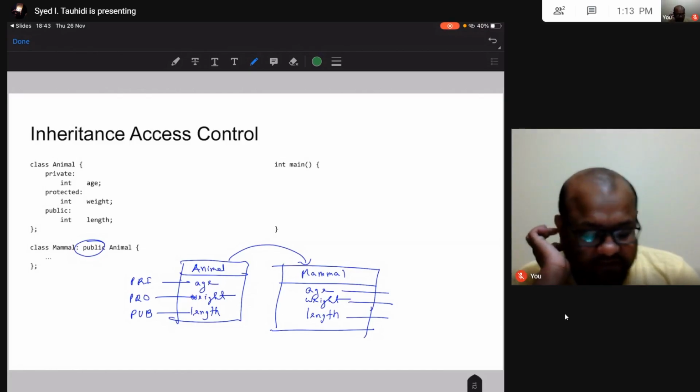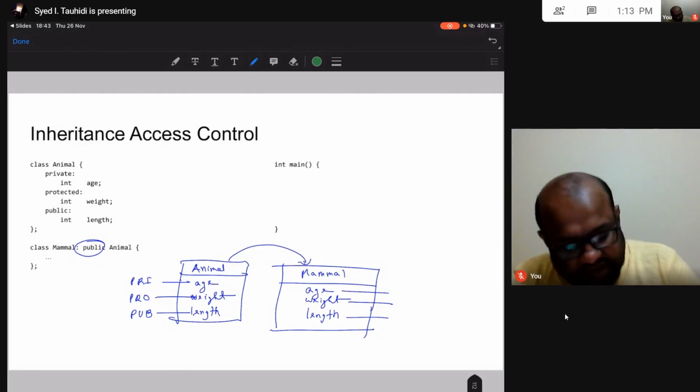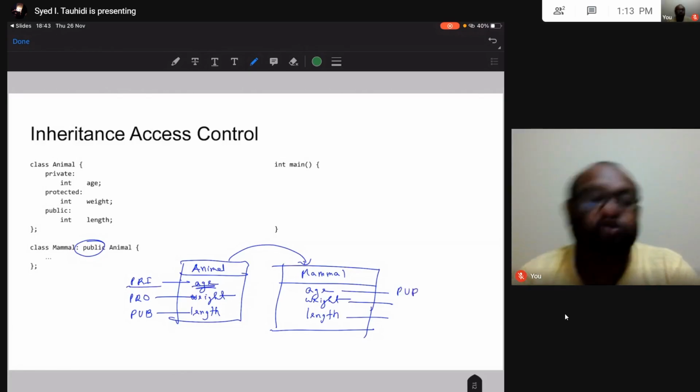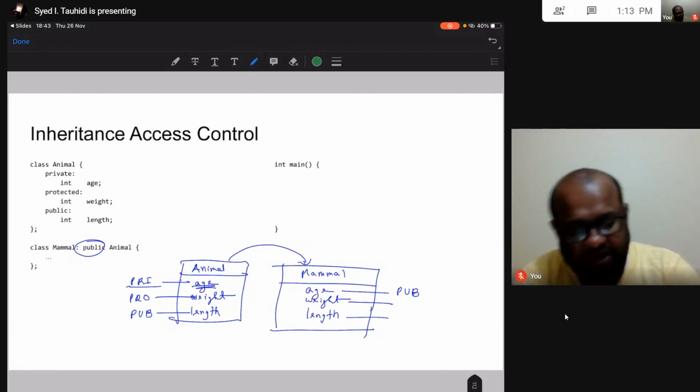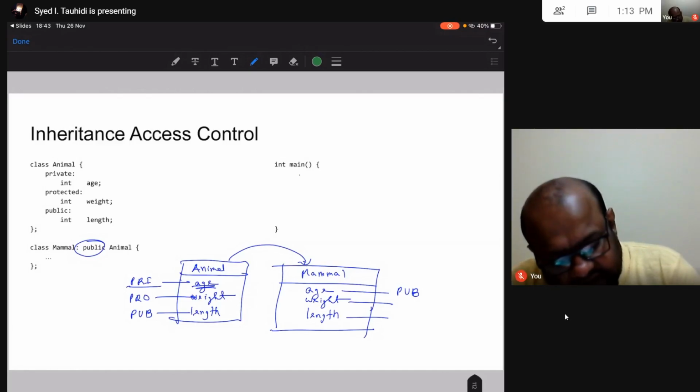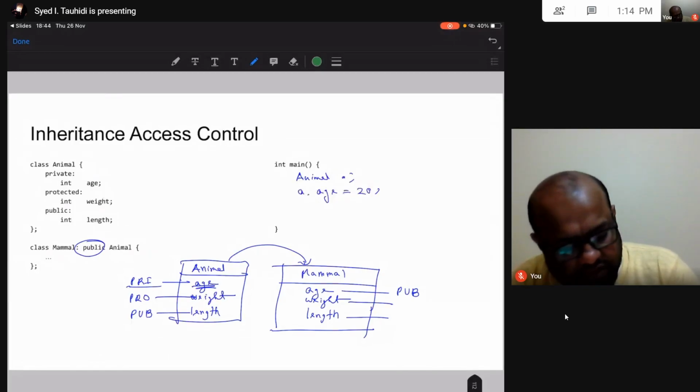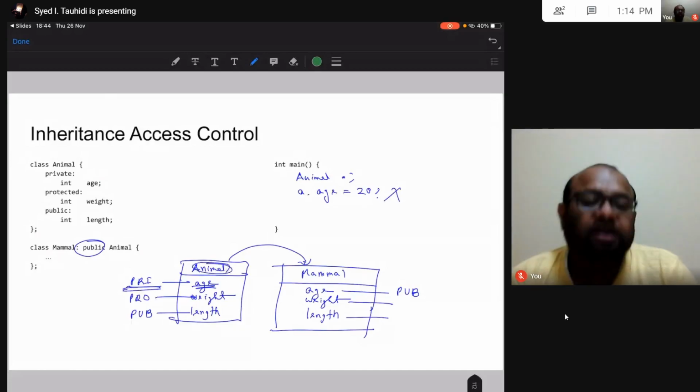Say after inheriting, age was private, now say it becomes public. Hypothetically, this is not going to happen. Say after inheriting age becomes public, then what will happen? If I write animal a and I set a dot age equal to 20, this will not be allowed, because age is private.